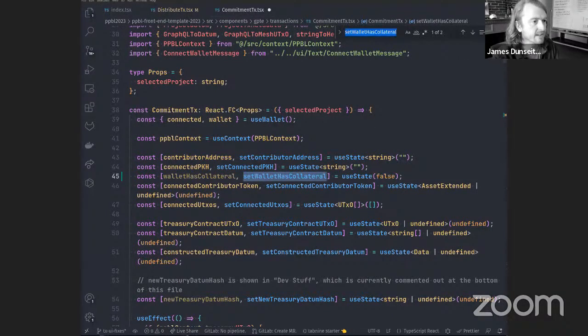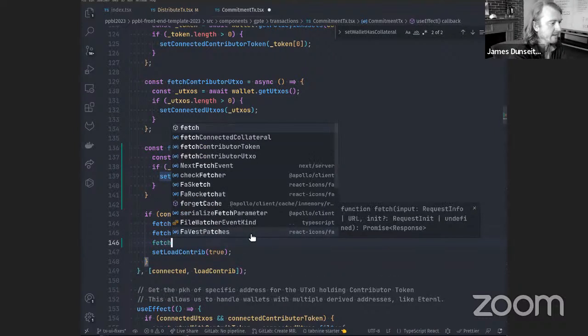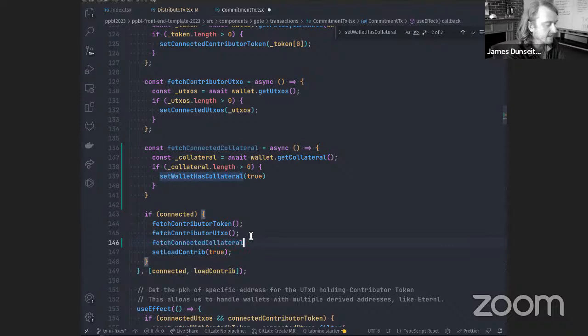And it's true only in the case where we can see the connected wallet and it has collateral in it. Finally, we call this function right here if the wallet is connected. Fetch connected collateral. And the reason we have to do this part is because this useEffect hook runs when